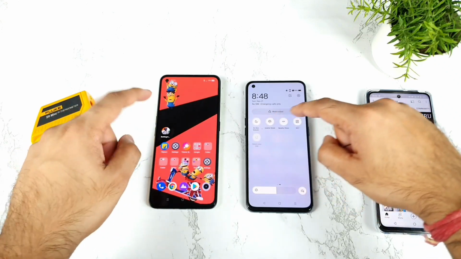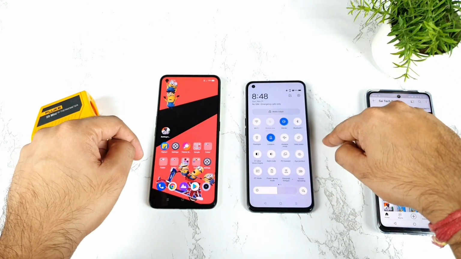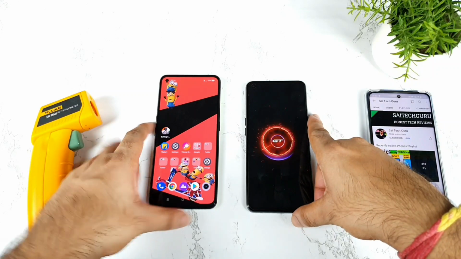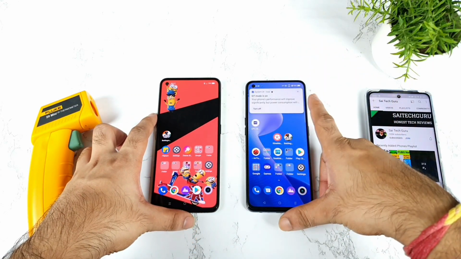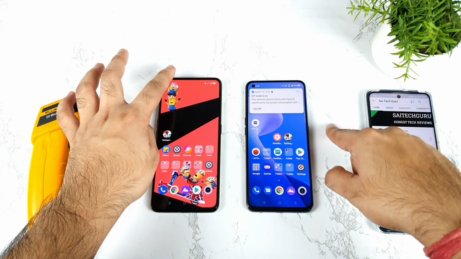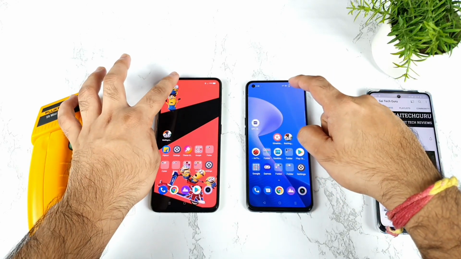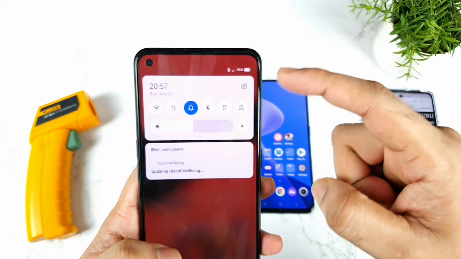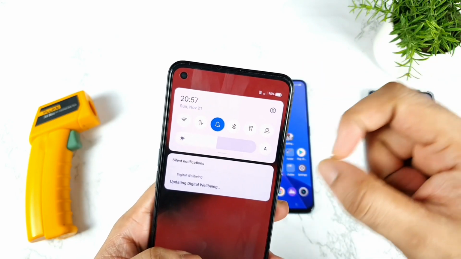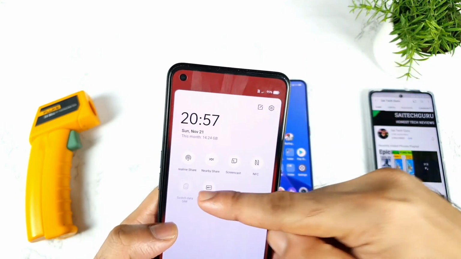Yes. GT mode is on, and yeah, GT mode is on even in this phone. So both phones, the GT mode is completely on, and we did get a notification. And sometimes in the Realme GT Neo 2, you can see the GT mode, even though I did turn it on, it's not visible right at this moment.